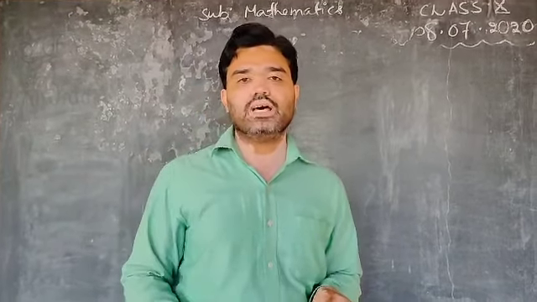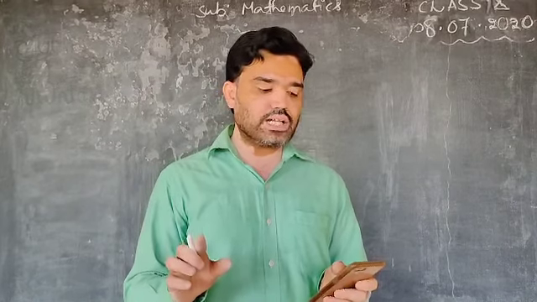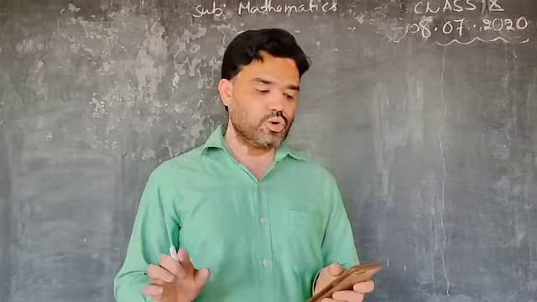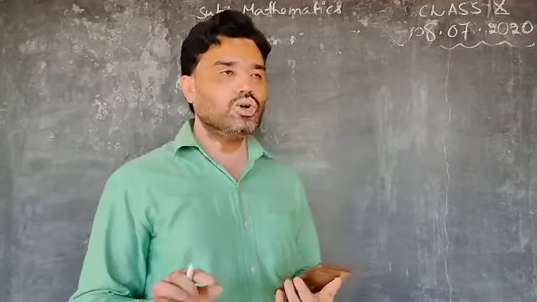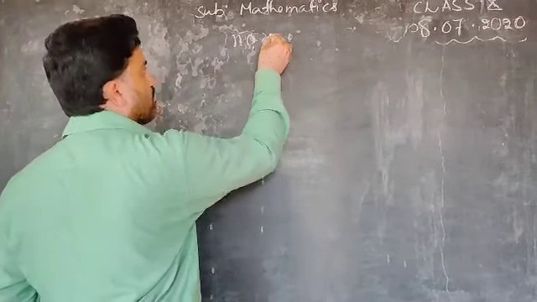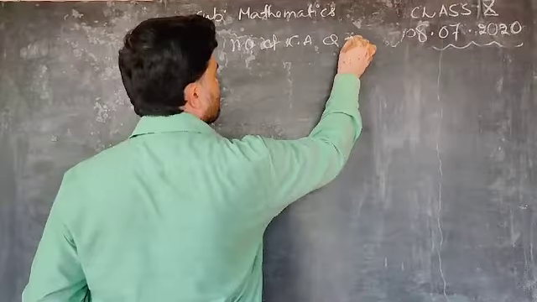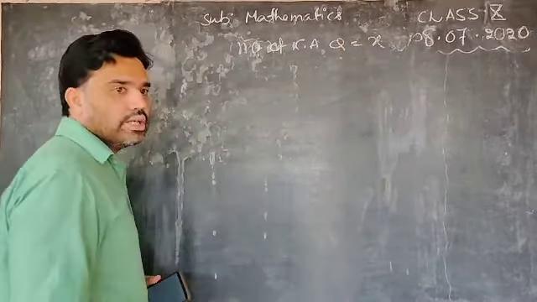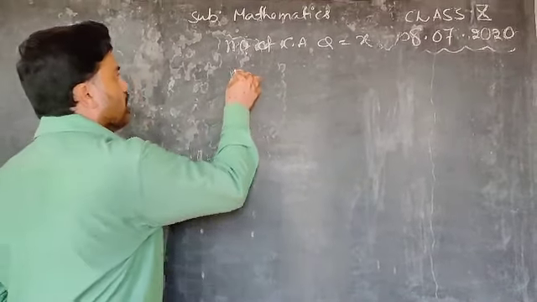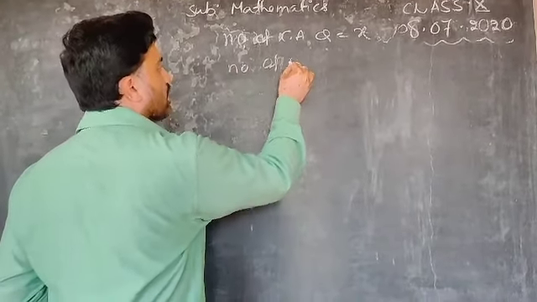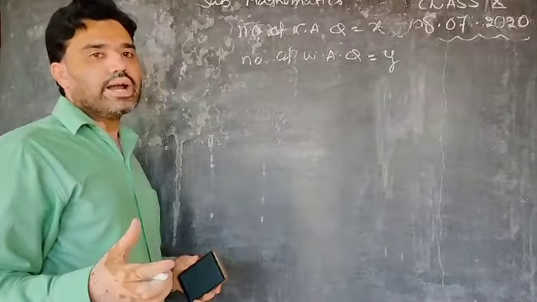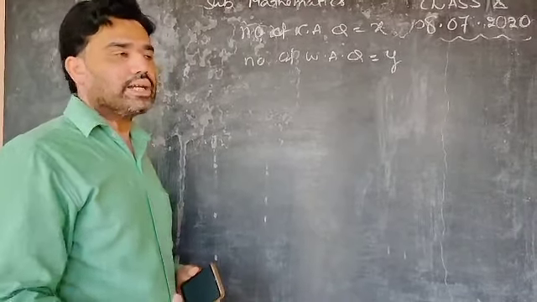There are two situations. In one situation, for every correct answer 3 marks are awarded and for every wrong answer 1 mark will be deducted, so that he got 40 marks. Okay, so in the problem, the number of correctly answered questions, how many we don't know. How many questions he answered correctly we don't know, that is x. Next, the number of wrongly answered questions is equal to y. Means how many questions he attempted incorrectly, how many of them are incorrect, that we don't know.